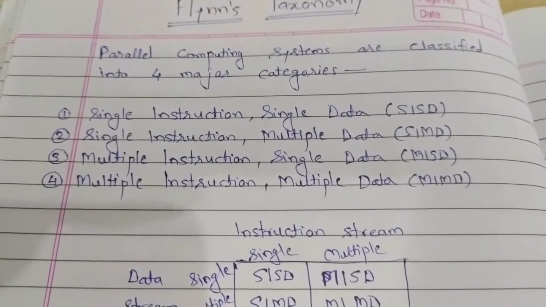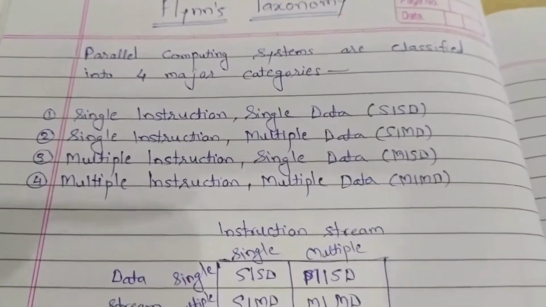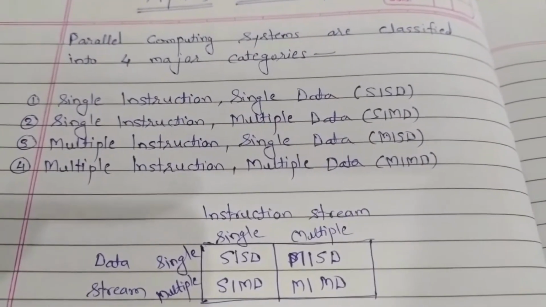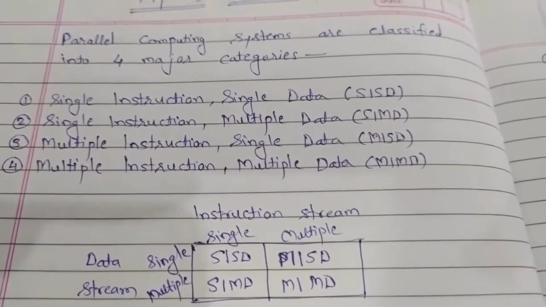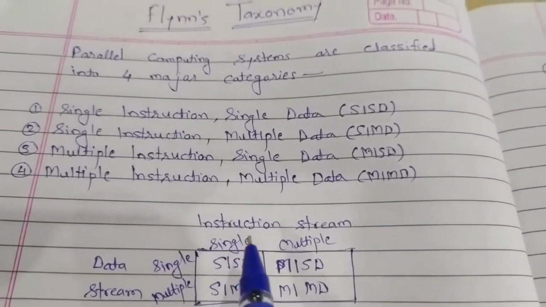In the last video, we have seen what is parallel computing, what is the need of parallel computing, limitations of parallel computing, and some applications of parallel computing. In this video, we will see different categories of parallel computing. But before that, we will see